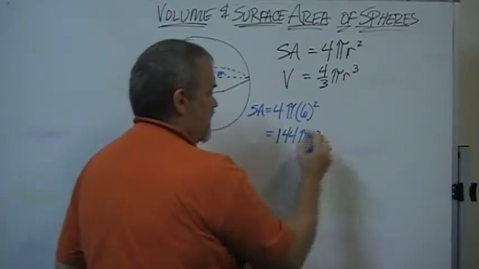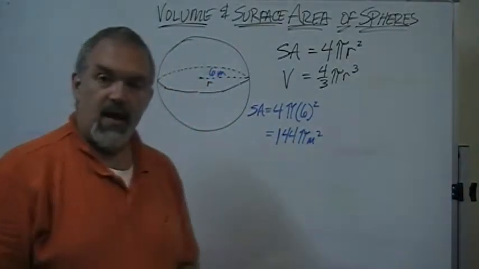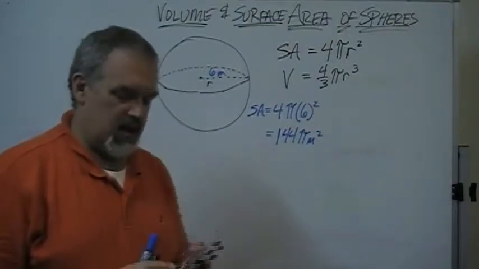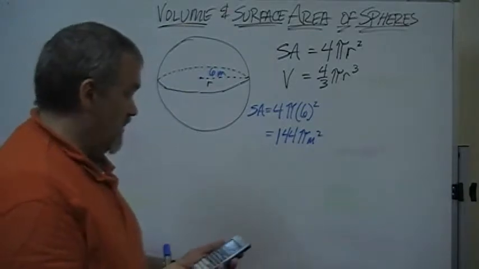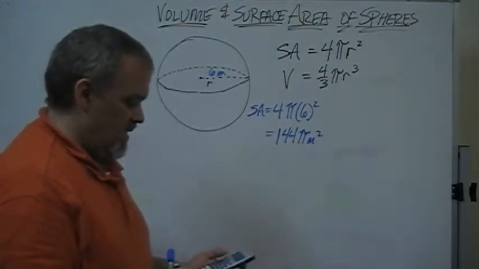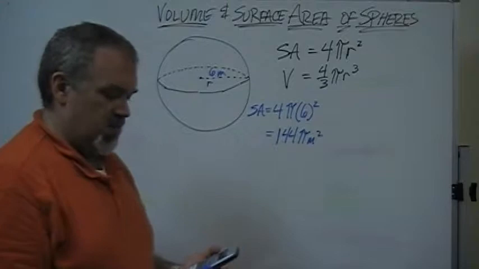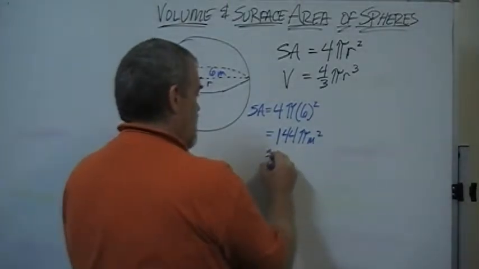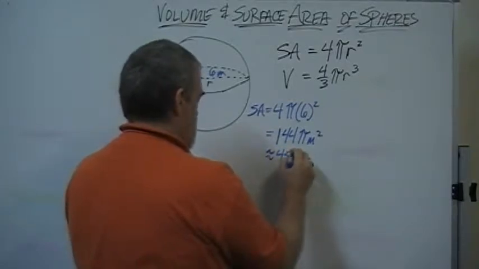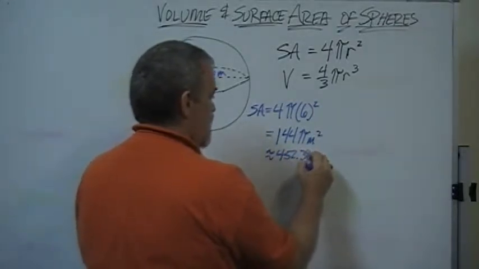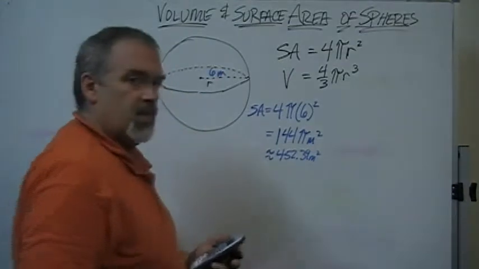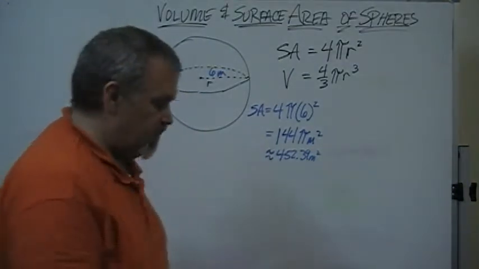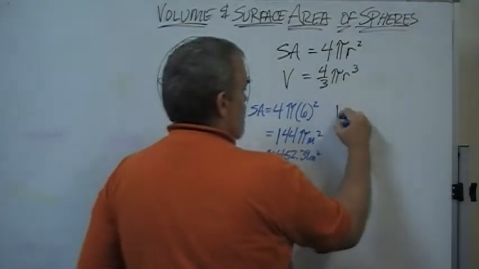meters squared. Now, if I wanted an approximate number, then we would just go to our handy-dandy calculator, and we would say 144 times pi gives us, if it was to 2 decimal places, approximately 452.39 meters squared. Similarly, if we wanted to calculate volume, we'd write down our formula first, volume